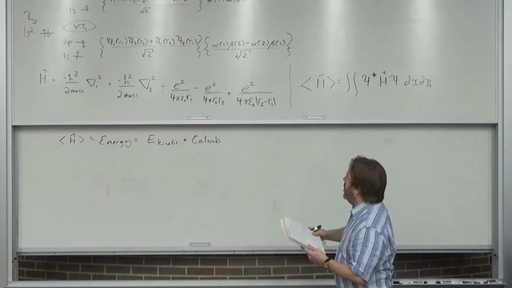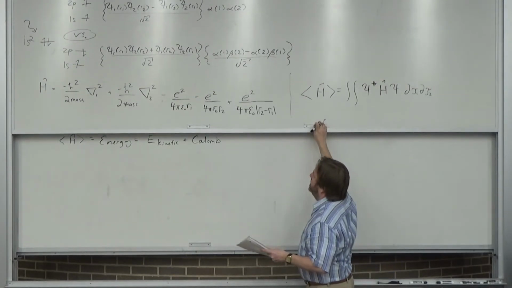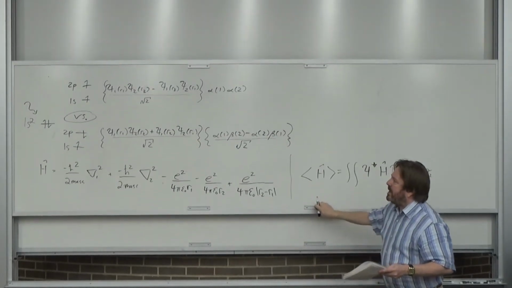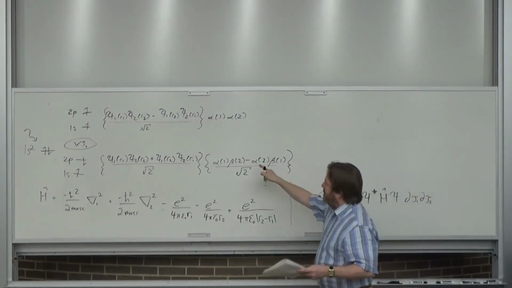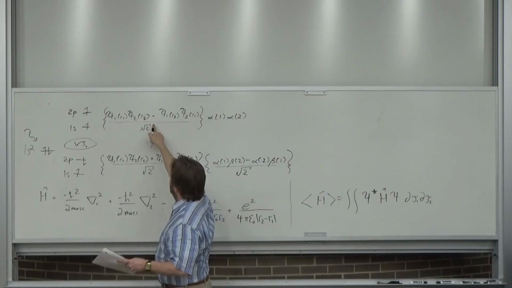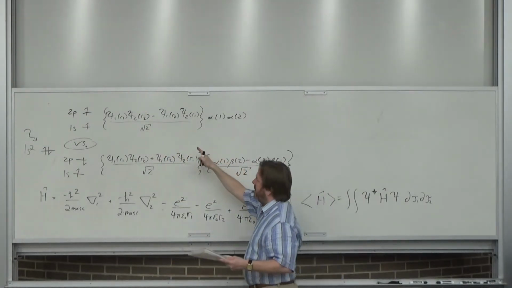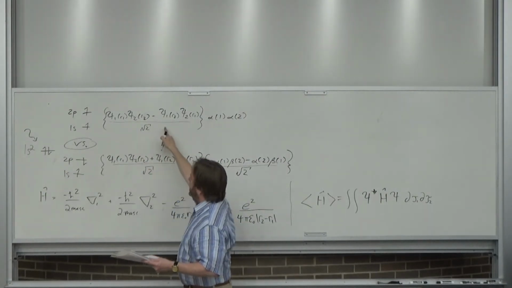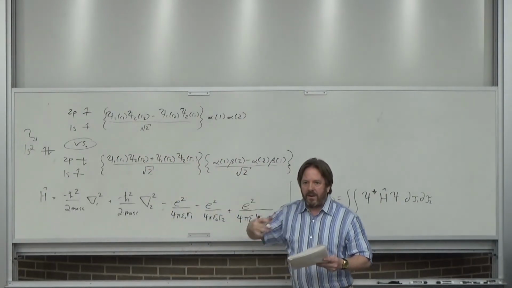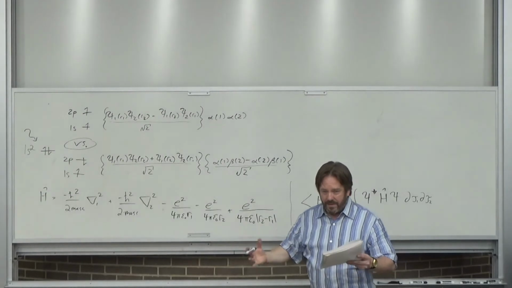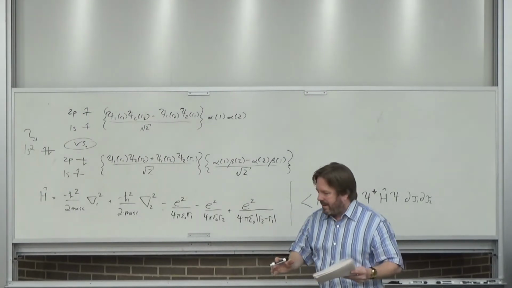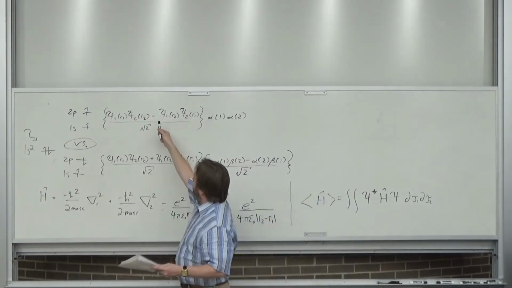However, let me point out what is going to cause some really, really weird things. It's going to be these antisymmetry parts. It's a little easier to see with the triplet. I've got all these integrals, and they integrate R1 and R2 and theta 1 and theta 2 and all that. And I've got terms.